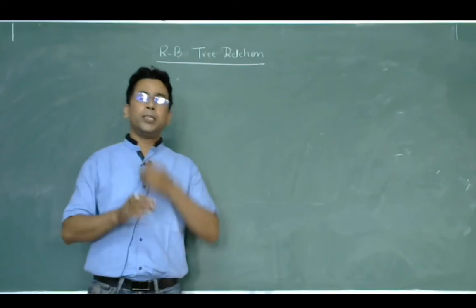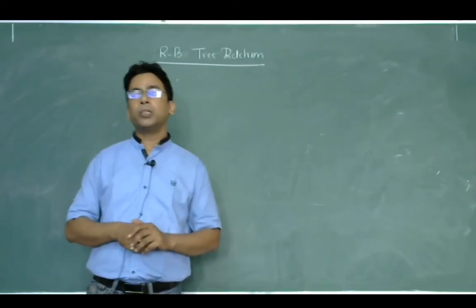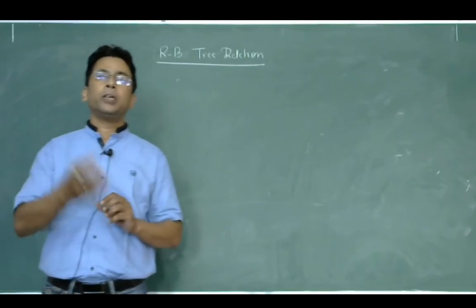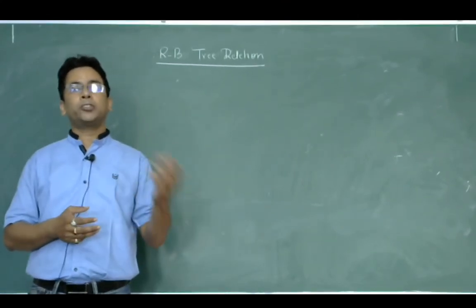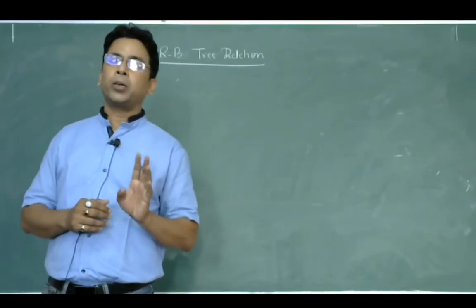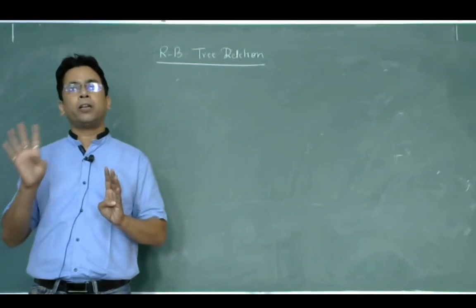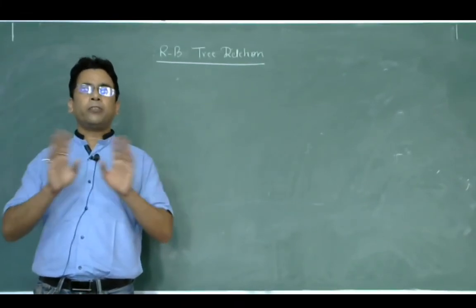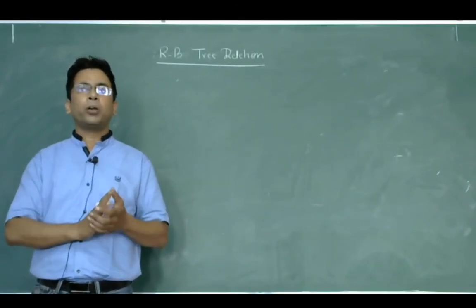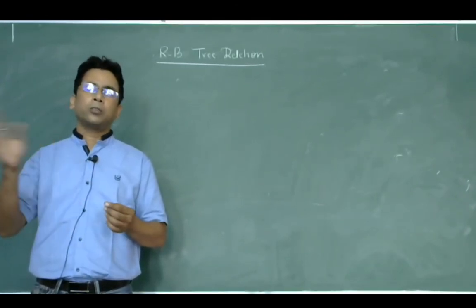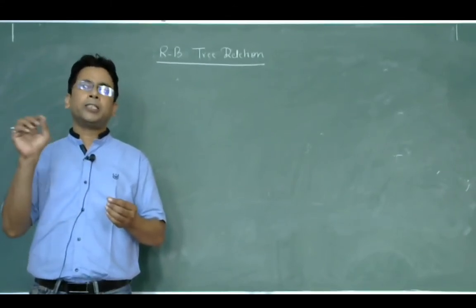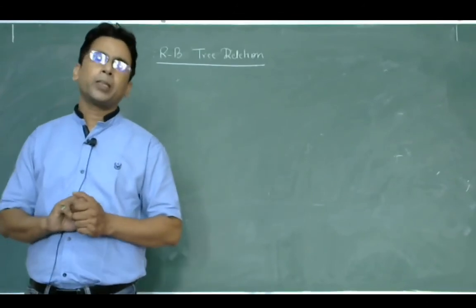Depending upon this, we find out the location of X with respect to the parent, whether X is the left child or the right child. When X is the left child, there are 4 cases. When X is the right child, there are 4 cases. You need not remember all these 8 cases differently. Just remember the 4 cases of either side, and you can automatically recall the other by replacing right by left or left by right.